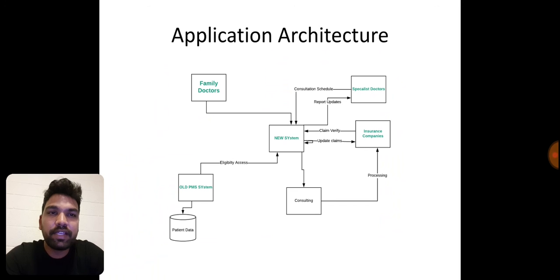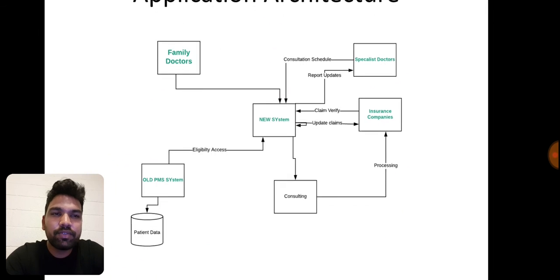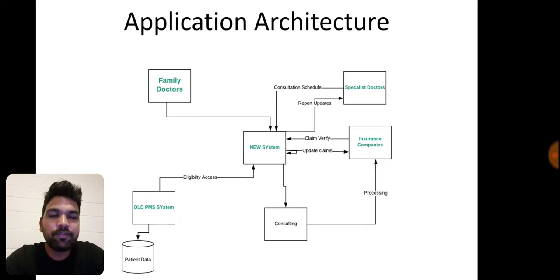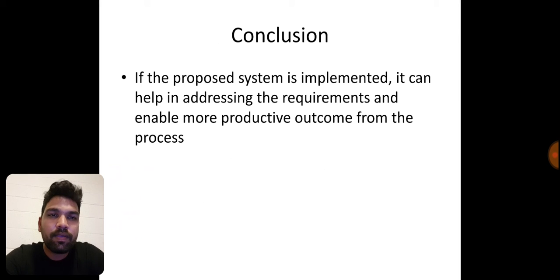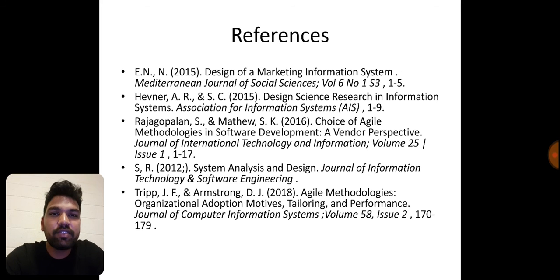We can see the application architecture. Here also you can see the flow chart, which you can easily understand. So here is the conclusion. If the proposed system is implemented, it can help in addressing the requirements and enable a more productive outcome from the process. So here are the references you can see. For example,